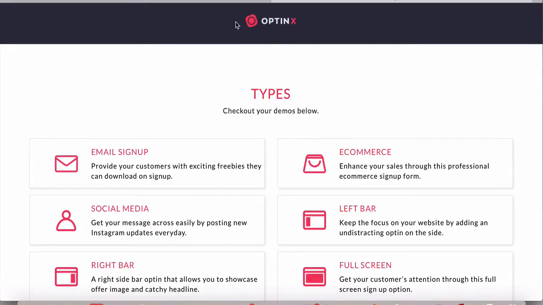Now OptinX is a fully cloud-based app that allows you to display and create stunning opt-in forms that grab your visitors' attention and force them to opt in and generate leads, sales, clicks, traffic for your website. Now the way it works is that it's all based in the cloud. It's all click and you're done,